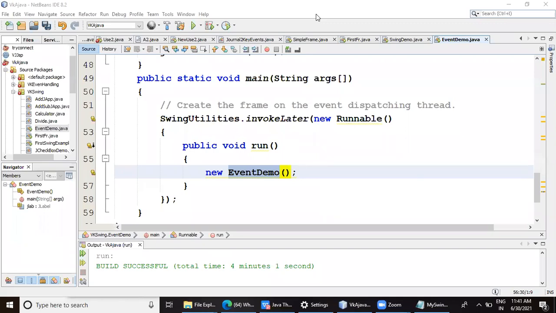Yes, at least few people will try to write this same program again with the functionality, 2 buttons, and whichever button is clicked, that button's name will be displayed on the label using our traditional way. You may use applet or you may use Swing. Oh, sorry, I mean frame.